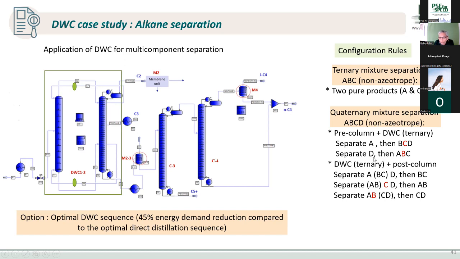If you have four compounds, then you can remove A first and have B, C, D, and B and D can be very pure, but not C. Or you can remove D first and then separate A, B, C, which is like this, and A and C will be pure, but not B. The product that comes out at the middle is usually not very pure. But one can put a membrane and other things to make it more pure. So very short, this was what could be done with dividing wall columns, and you will also see examples.